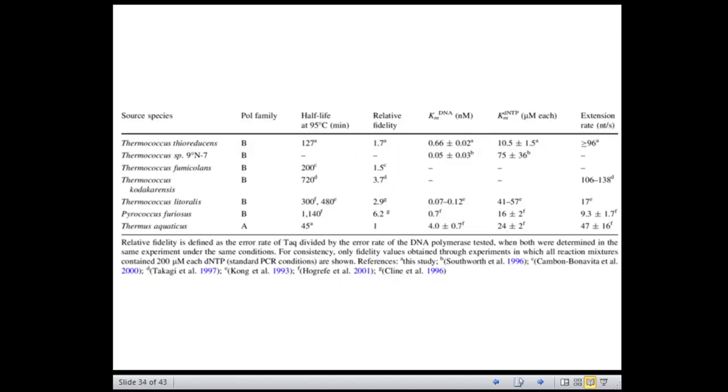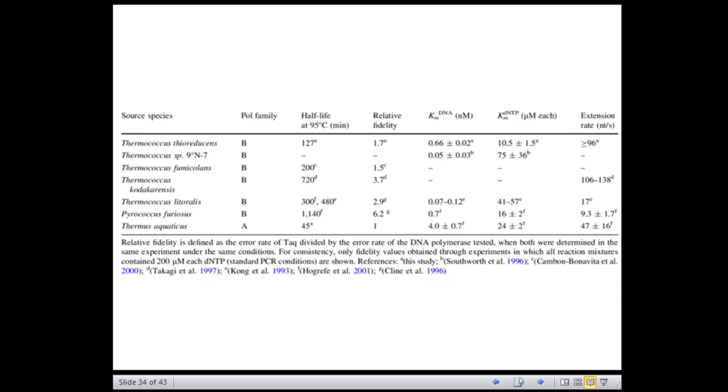If you look at this slide, you will find some of the important species from which the thermostable DNA polymerase has been isolated and is being commercially used. A number of thermostable DNA polymerases other than the one used in early PCR reactions, that is Thermus aquaticus, or Taq polymerase, have been discovered, and today we see them being used extensively,